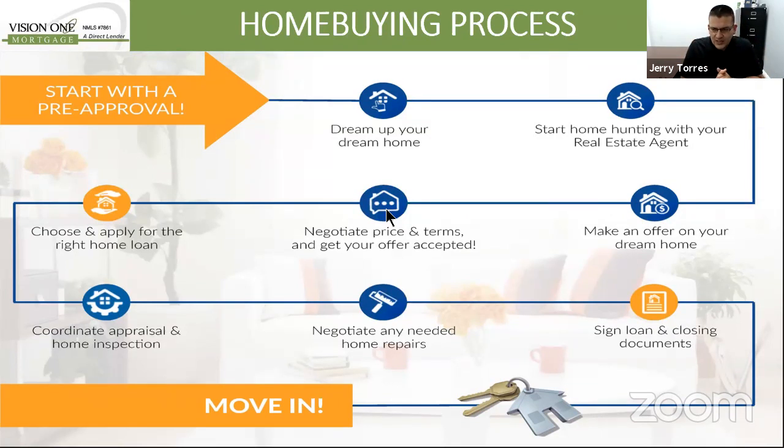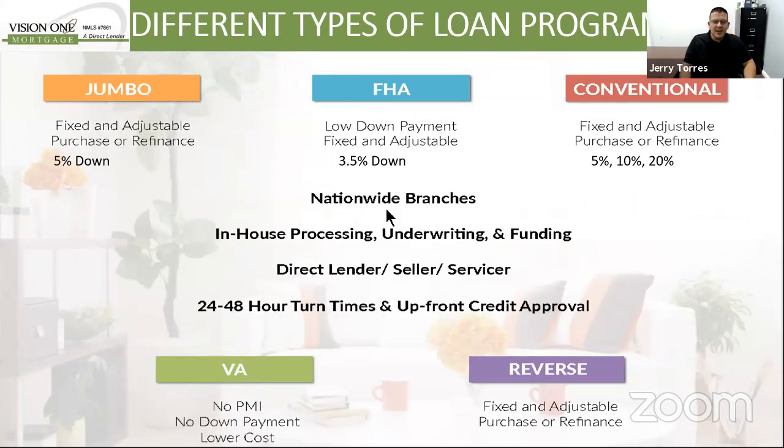Once we have the offer accepted, we're going to be doing the appraisal and the home inspection. If the home inspector determines that there might be some lender-required repairs that need to be done or any other safety and health hazard, you can also negotiate that with the agent. All right. So when everything is said and done, you're going to be signing the loan docs, and at the end, when escrow closes, you're going to be receiving the keys of your house. Good. Now there are different types of programs